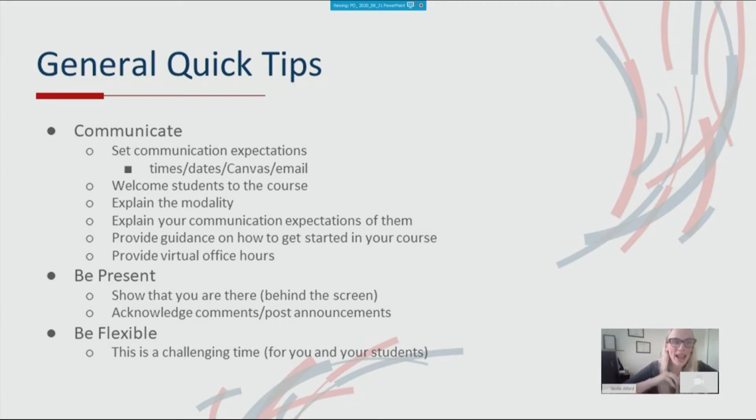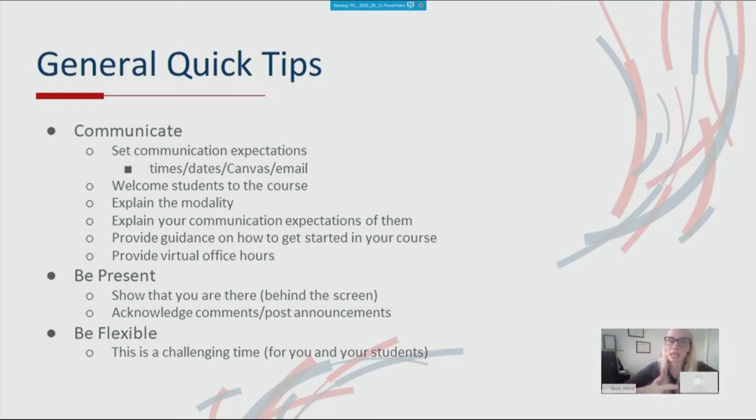I know we're all trying to scramble to get our materials modified for the new modality, but they really may not have any expectation or knowledge of what they're supposed to do. So, whether it's a fully online class and there are no meeting times, just communicating to them that there are no meeting times, or if it's high flex, I have how many seats left in class, having that dialogue with the students of what the expectations are is really important